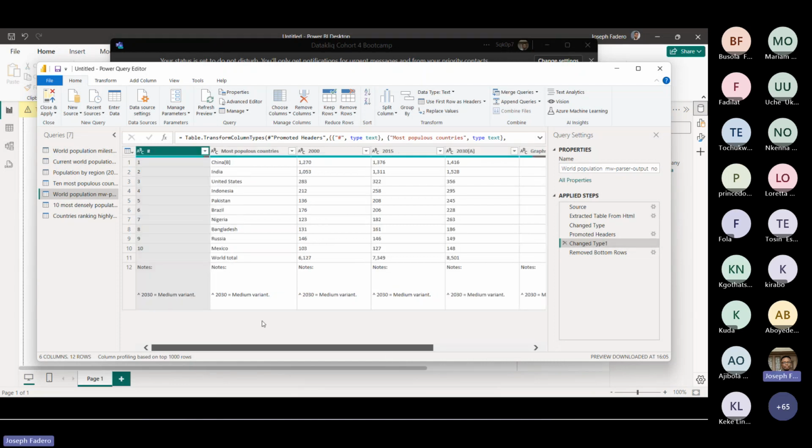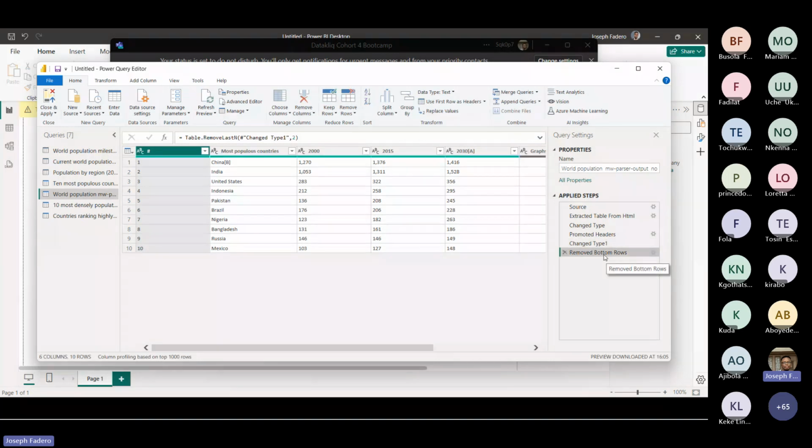Like I said, your reporting tool can already generate totals for you, so you don't really need it in your data. So you don't misinterpret or overstate the value, you can get rid of the total. So that's one way you can do it. Remove bottom rows, and I did 2.